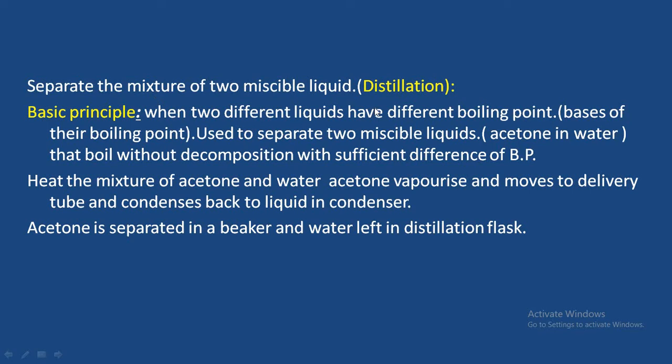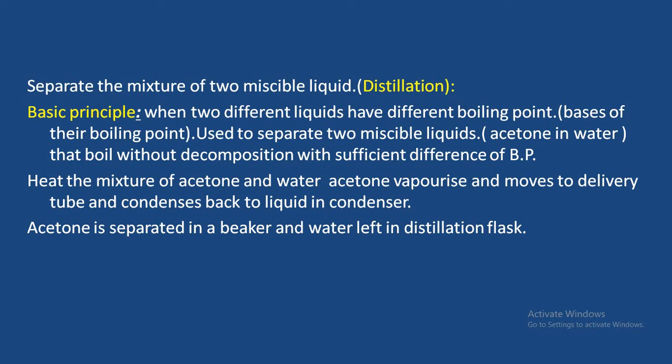And the next process is distillation. Distillation is the process used to separate two miscible liquids. We have already studied immiscible liquids. What is the meaning of immiscible liquid? Means liquids which cannot mix, which cannot dissolve with each other. Means a separate layer is visible to us in case of immiscible liquids. But in case of miscible liquids, the two liquids dissolve completely in each other, means we can say simply a true solution is there.